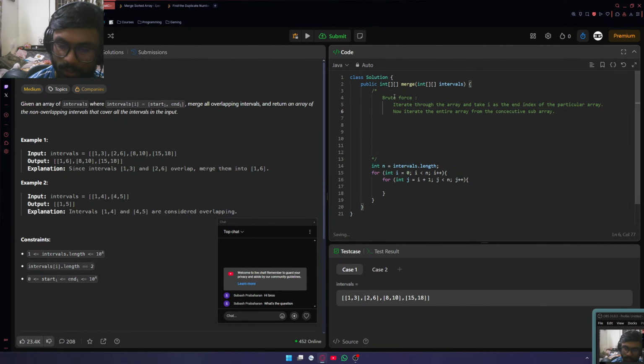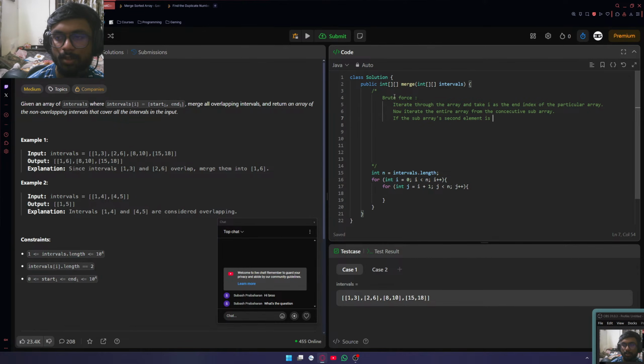Okay, consecutive subarray. So now if the subarray's second element is lesser than or equal to the subarray's first element